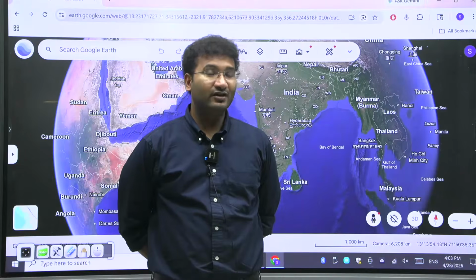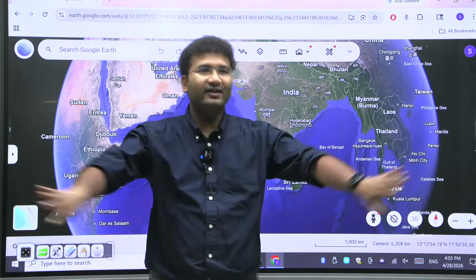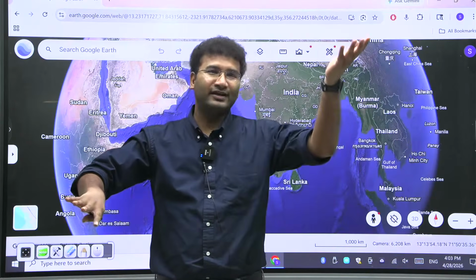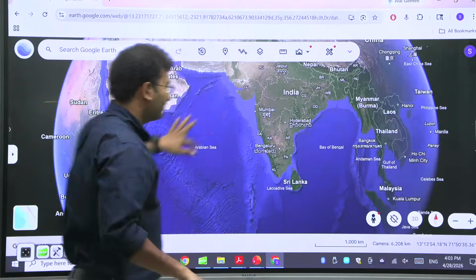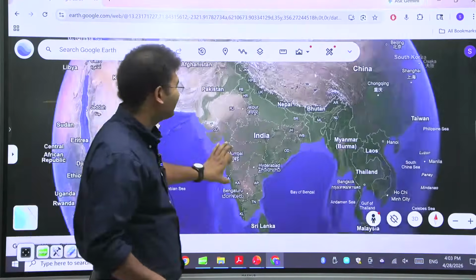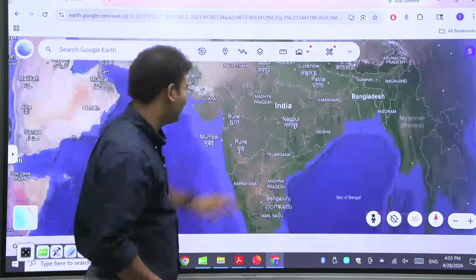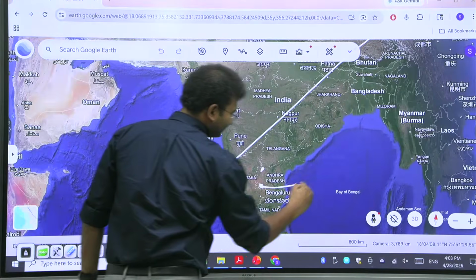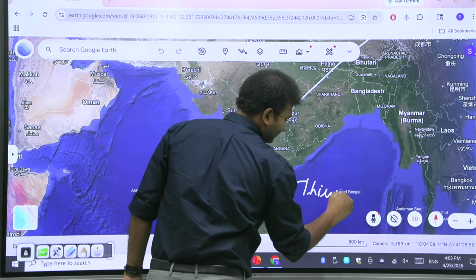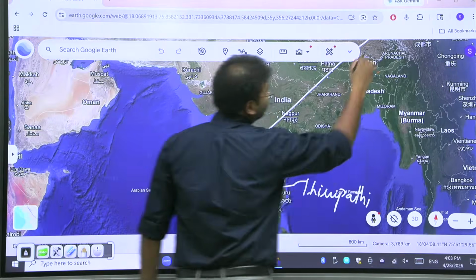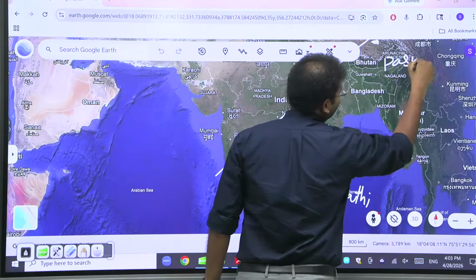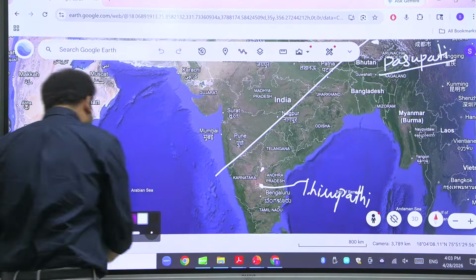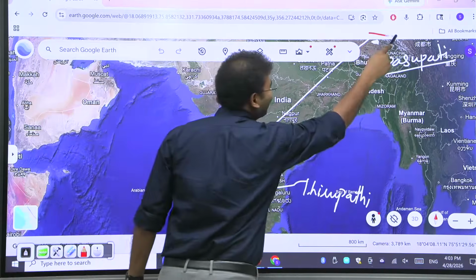So the Green Revolution, how it has led to the divide in these societies and to the rise of left-wing extremism, right? Come back. So why did left-wing extremism not sustain in the Himalayas, but mostly in this part of the area? Left-wing extremism is from Tirupati to Pashupati. Okay, this is what is the red corridor.